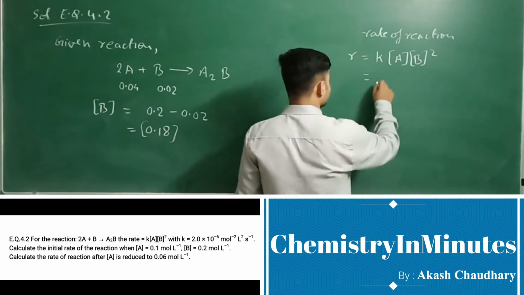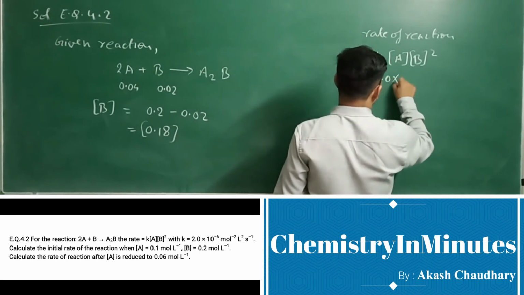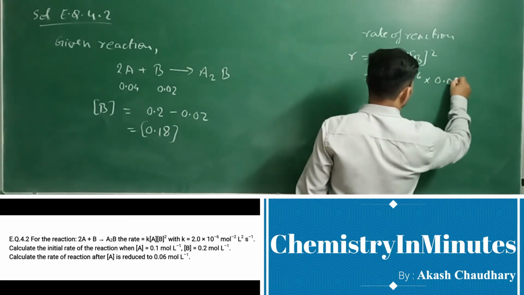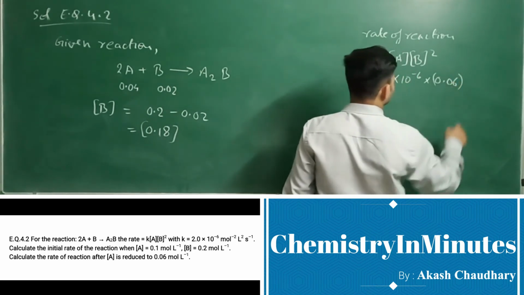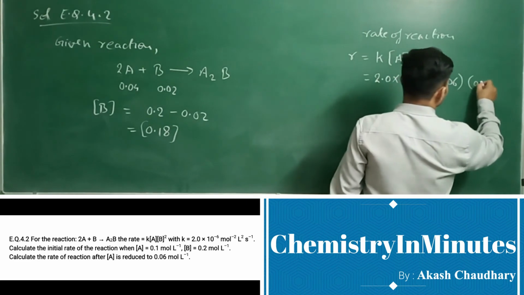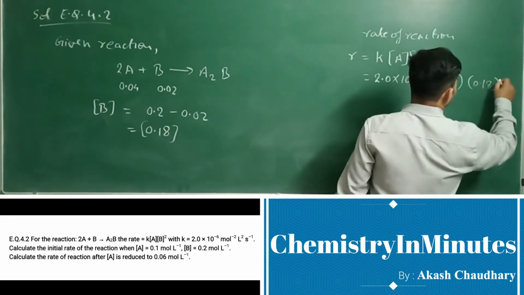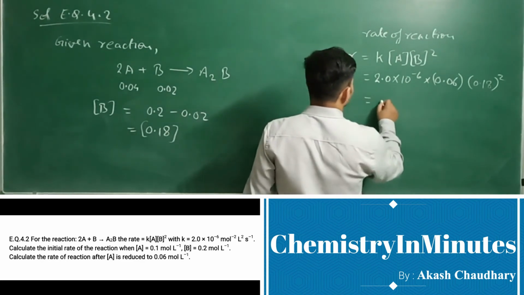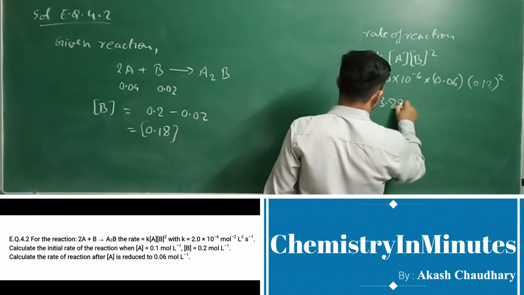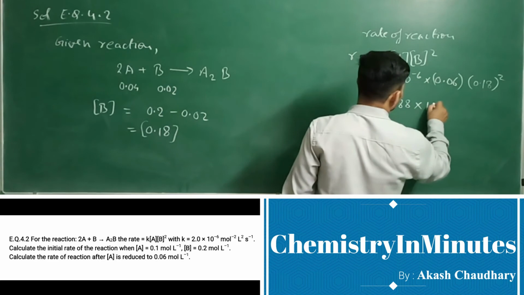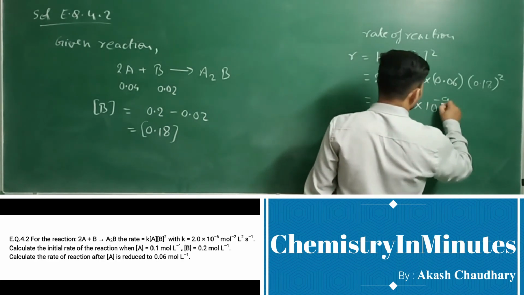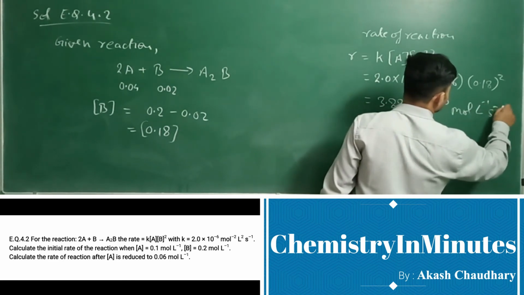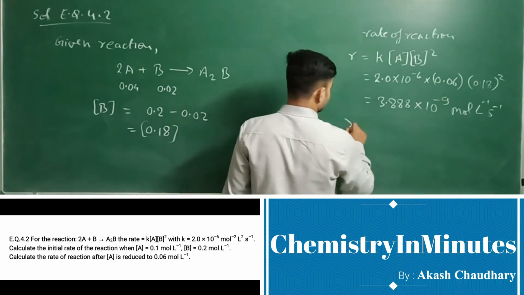Let's put the values. 2.0 into 10 raised to the power minus 6 into 0.06 into 0.18 square. On solving this will come as 3.888 into 10 raised to the power minus 9 mole per liter per second, and this can be written as